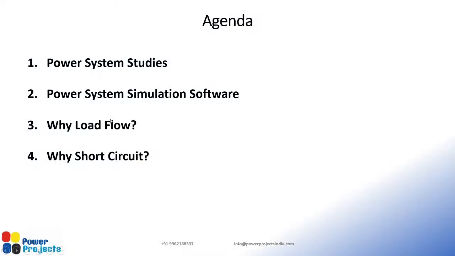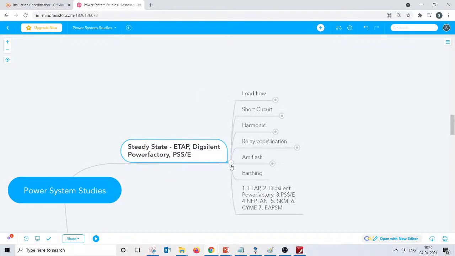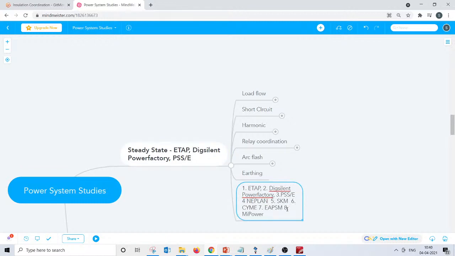We have not really seen the power system simulation software in full. We have seen only ETAP, Excel, and PSSE, and some software which I have written here, but that's not a complete list. I will give you the complete list of simulation software, but it's not of much impact. If you know the software you're using, that is more than sufficient. But it's always good to understand what other simulation software is available. In India, we have a software called MyPower, so you may have that. If you want, I can add that as well.